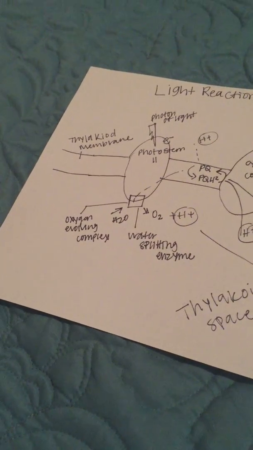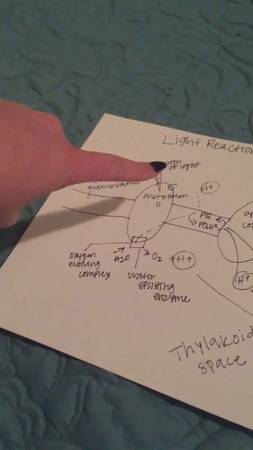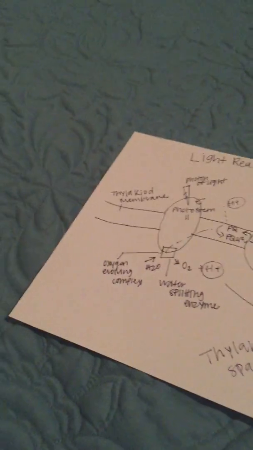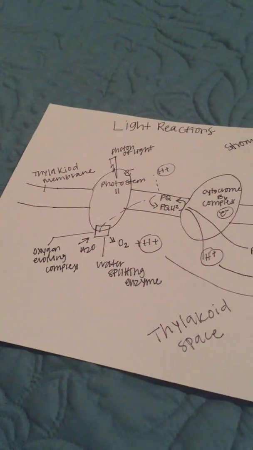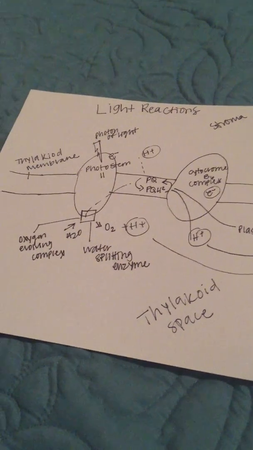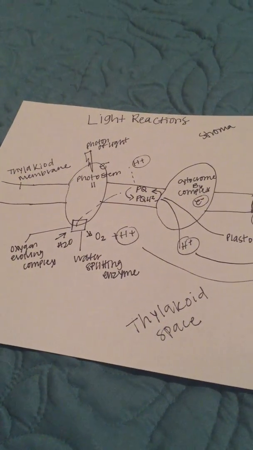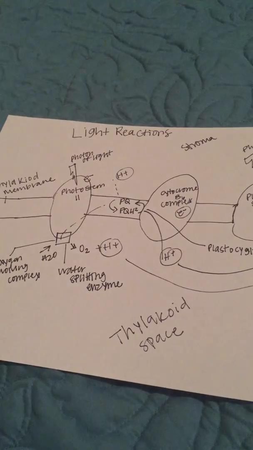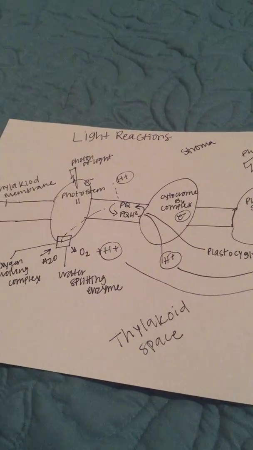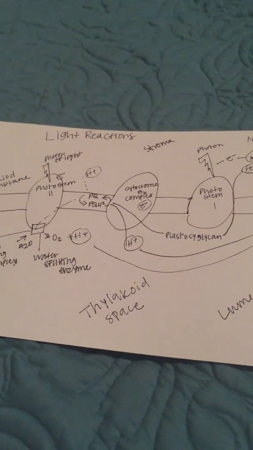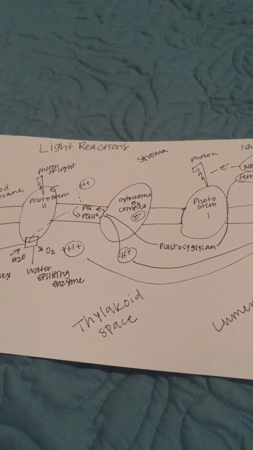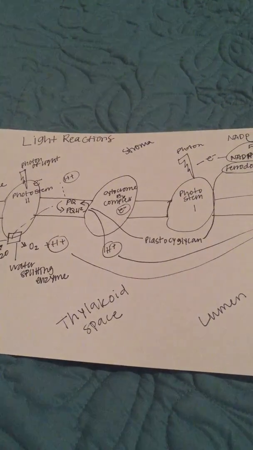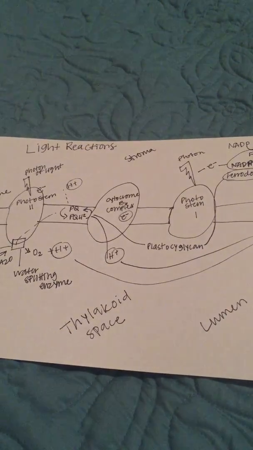As you can see there, the electrons are going to go into the PQ, and then that changes to the PQH, and that is going round and around. So the PQ changes to the PQH, going into the cytochrome b6f complex, which is actively pumping H ions into the thylakoid space. Here it's also picking up electrons and sending them to the